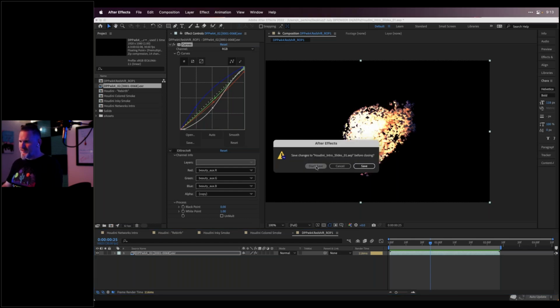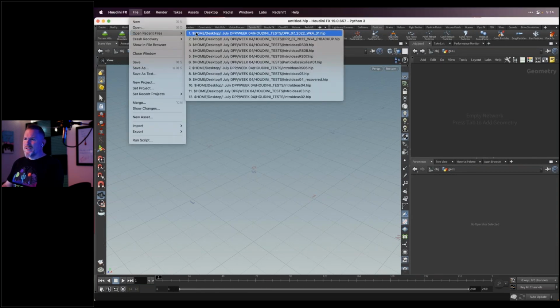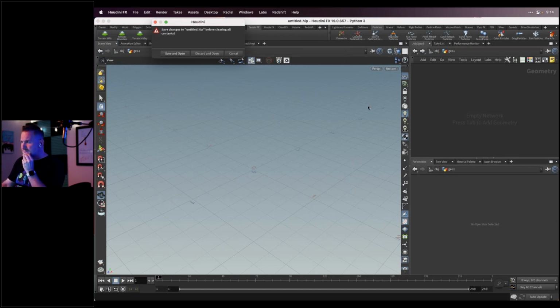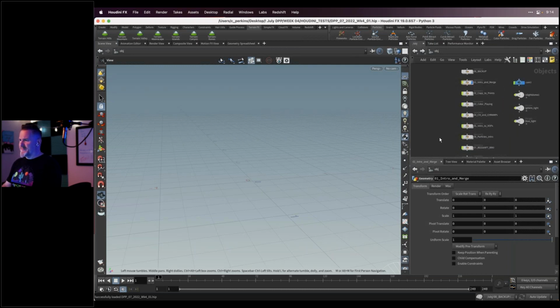I'm going to go ahead and close After Effects so that it's not draining my resources. And then I created a Houdini file that we're going to use. It's already set up. And here we go. Okay, so I've created a bunch of geometry nodes. I'm going to start with intro and merge. I made this shareable, I think. Yeah, so if anybody wants this, let us know and I can share this HIP file with you. I am using Houdini FX, so I'm not sure if this would work in the free version or the Indie version. I don't believe that it would, but this file is there if you want to use it.